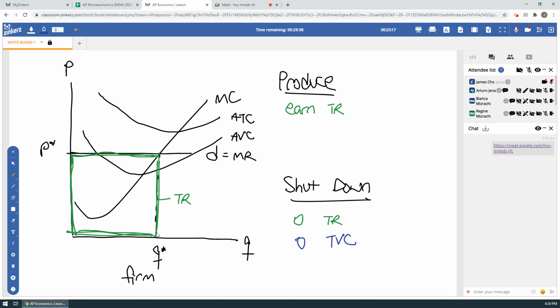If I produce, let's try to figure out how much total variable cost I have. Take this up to the average variable cost. There's AVC, and then multiply that by Q to come up with this blue box worth of total variable cost. Am I earning enough revenue to pay all of my variable cost? Yes. My green box is bigger than my blue box. So I go ahead and I pay all of my total variable cost. I called my workers in, and after I produce,